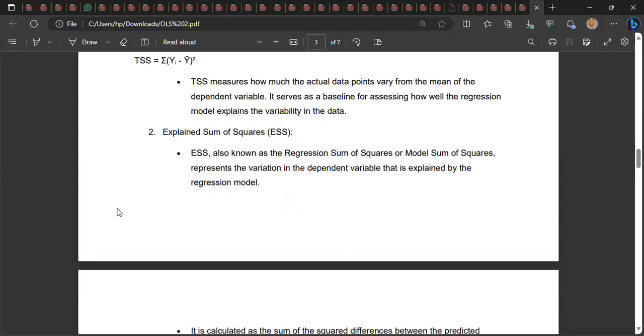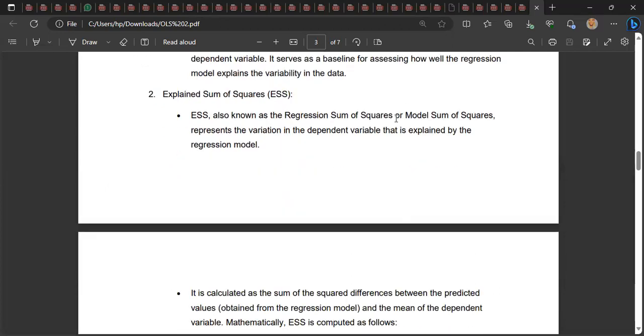And then your explained sum of squares. This is also known as your regression sum of squares or your model sum of squares. It represents the variations in the dependent variable that are explained by the regression model. So by that, what do we mean? Your explained sum of squares is your variations in your y and the